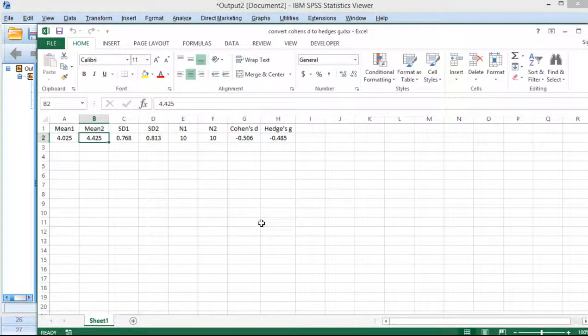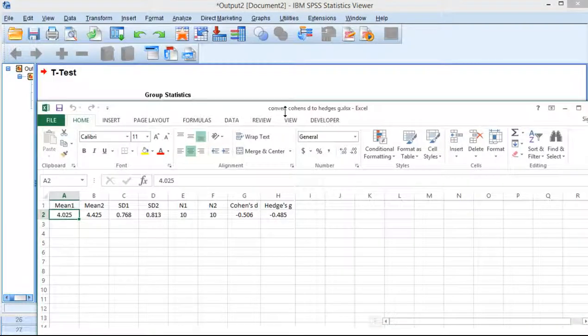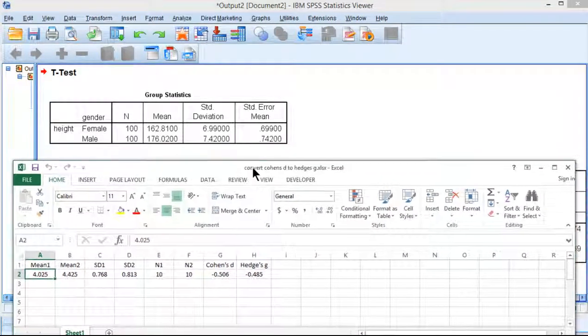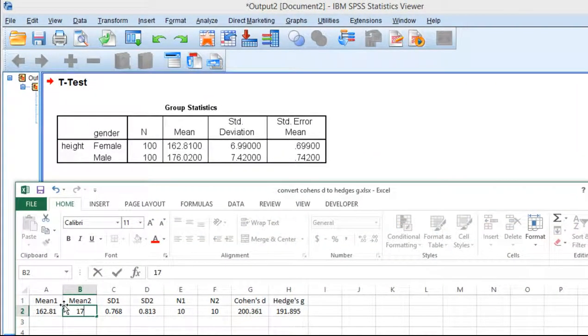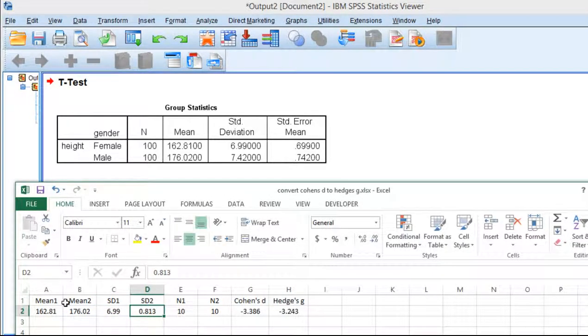And so what I have to input here is mean 1, mean 2, standard deviation 1, standard deviation 2, and then sample size for group 1 and sample size for group 2. So let's do that with the results of this study, and I'm going to calculate the effect size. So I've got mean 1, 162.81, mean 2, 176.02, standard deviation of 6.99, and the second standard deviation is 7.42, and I've got 100 people in each group,